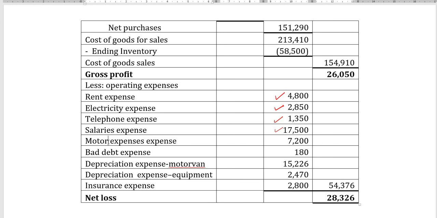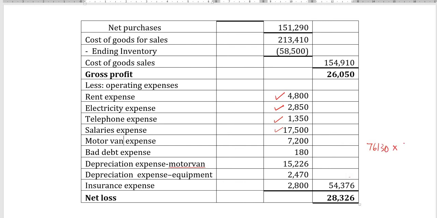Motor van expense is taken from the cash book. Okay, after that we have bad debts, and then the depreciation we calculated earlier, the one Madam calculated. Alright, depreciation is straight line, so we take it straight from the total given. So depreciation is 76,130